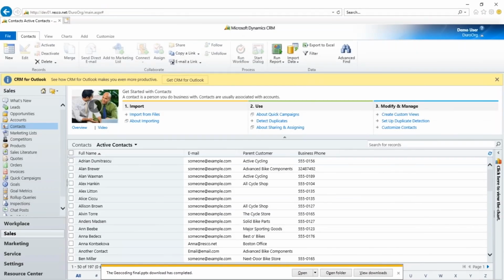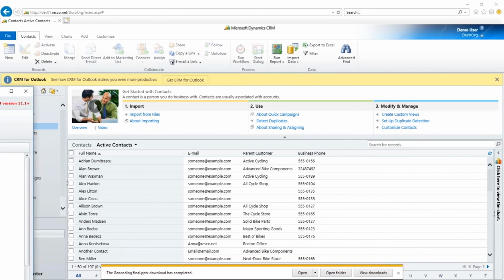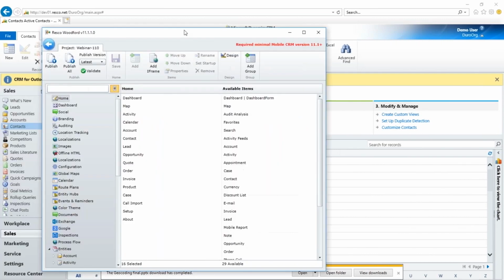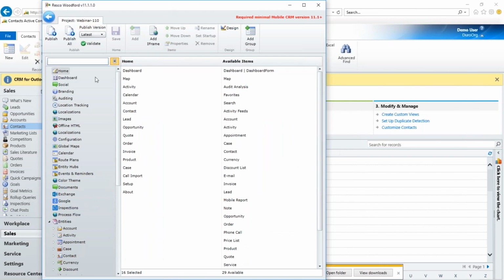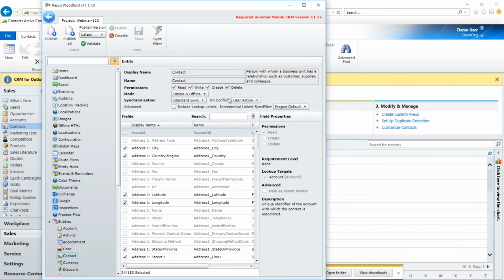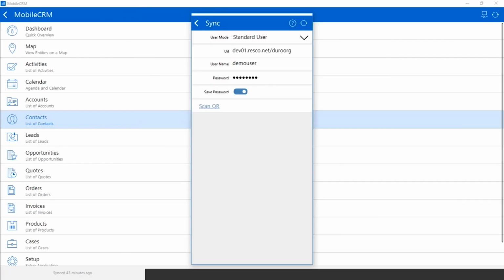I have already gone into Woodford and set the things in there, so let me show you that as well. So here in Woodford, on the contacts, I have made sure that the user action is selected. So now if I just synchronize,